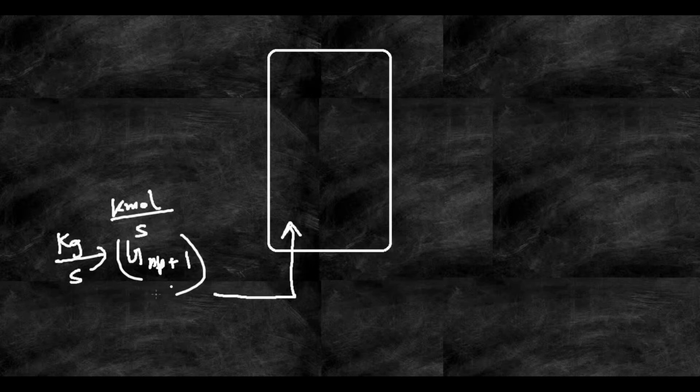Now the concentration or the mole fraction of ammonia in this ammonia-air mixture, I will denote with y_{N+1}. This will be small letter y. This small letter y_{N+1} is the mole fraction of ammonia in this ammonia-air mixture. So this is pumped in from the bottom. Now this will move out of the tower from the top.